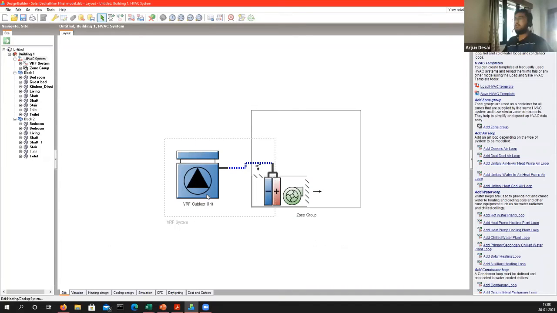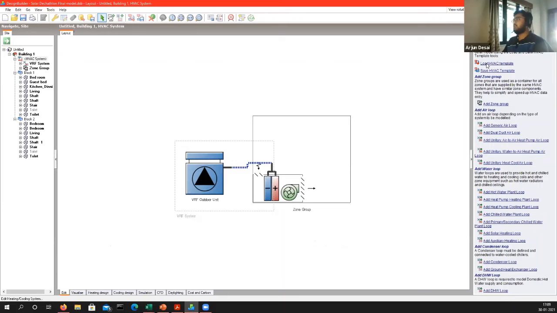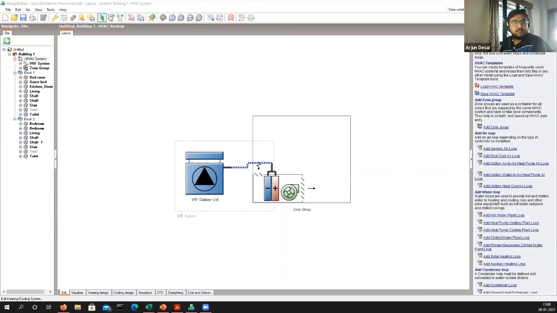If you go into detail, see, it also depends on your system, because right now it's a VRF unit kind of system. It does not have the capability of maintaining the relative humidity. If your system has that kind of capability, only then you can add it. So if I load a template from somewhere, and if that template is having,